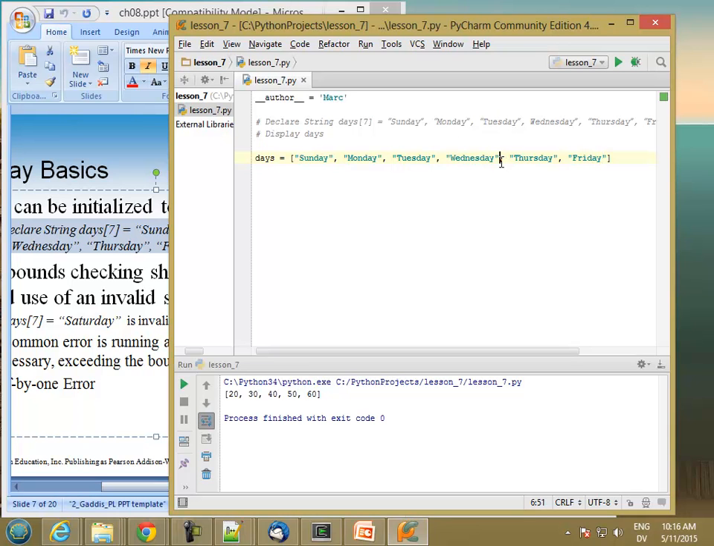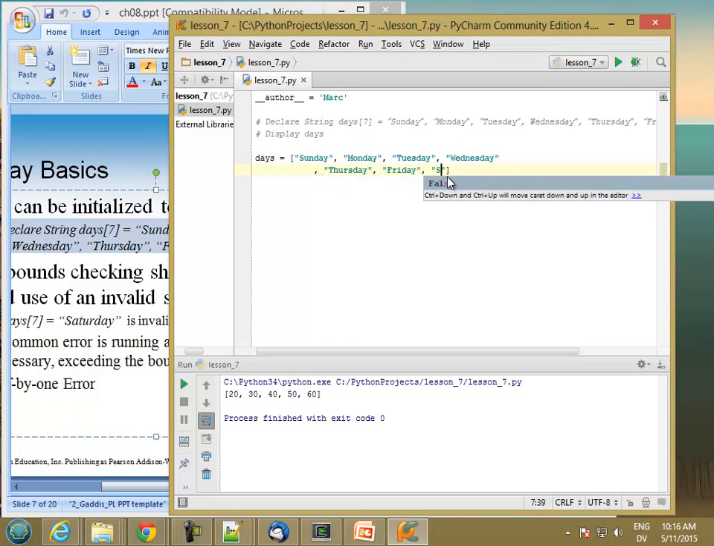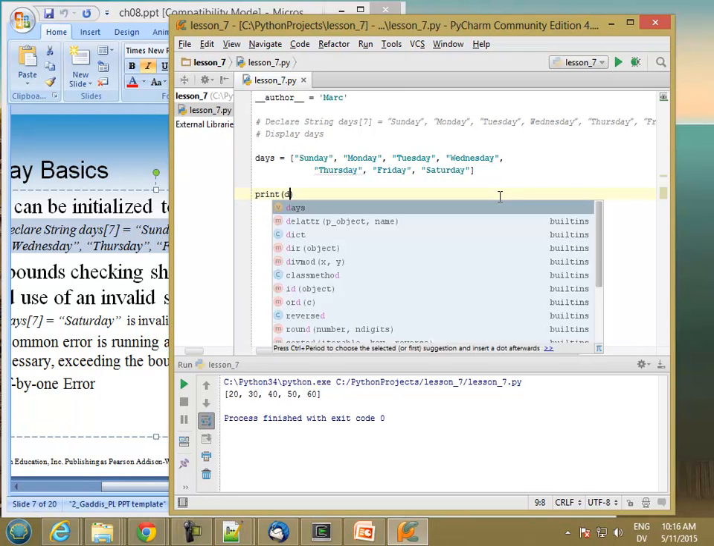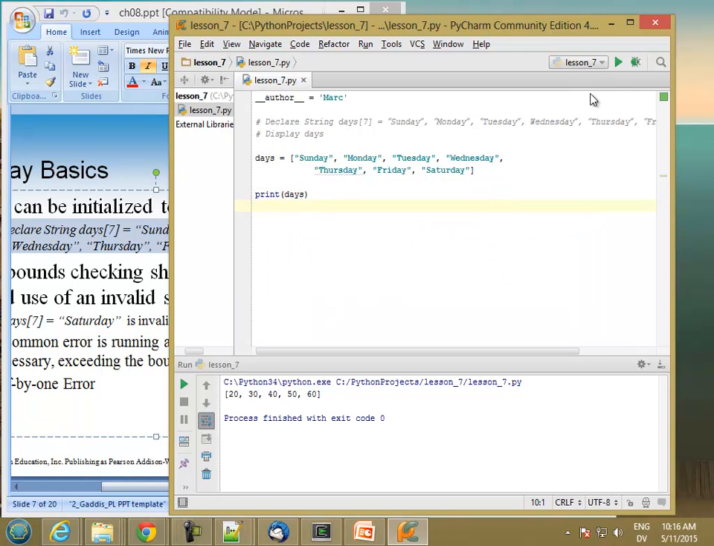So I want to avoid having the line be too long. Actually, I should put the comma there, break it there. So an array, Sunday, Monday, Tuesday, Wednesday, Thursday, Friday, Saturday. And then I can also say